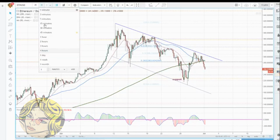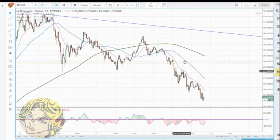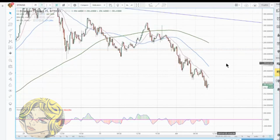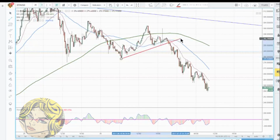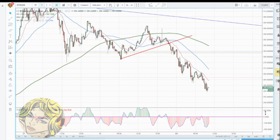If people are shorting it, then if you're doing it on a 15-minute, this is how our strategy looks if we're sellers, or if you turn your chart upside down. So the moving averages bunch up, draw a line around the highs and lows. We wait for them to cross. We get a sell signal here. This is a 15-minute. So I'm just telling you how this would look for sellers, because it helps us with exits